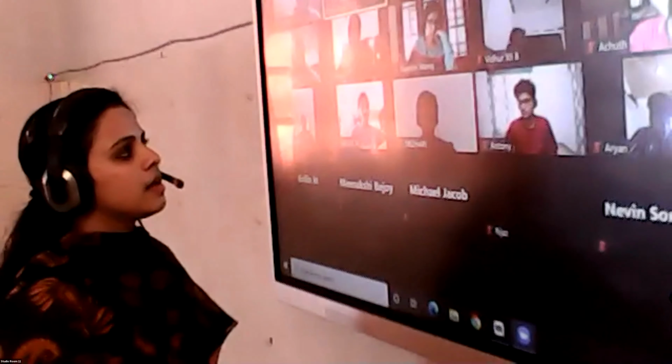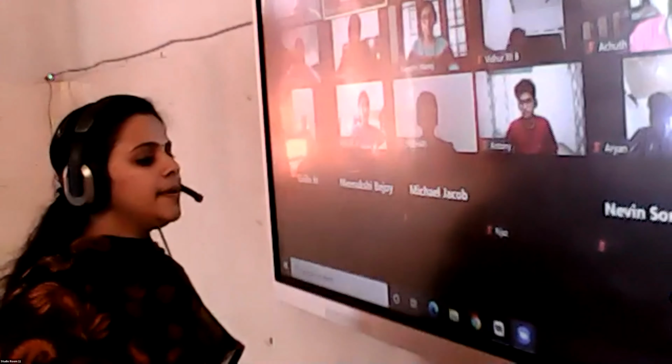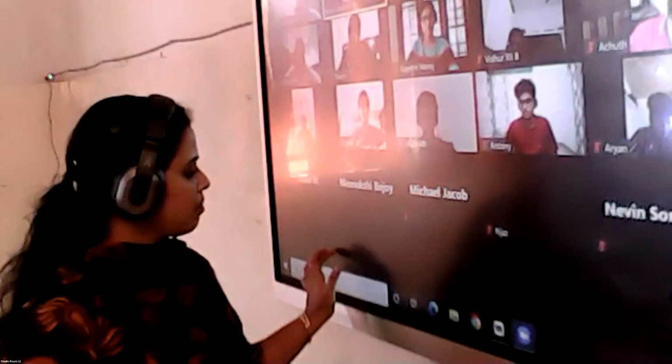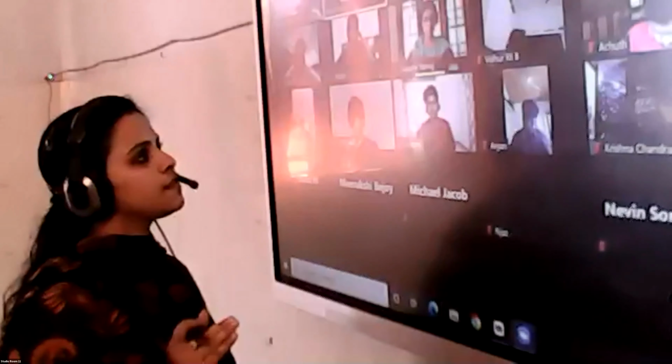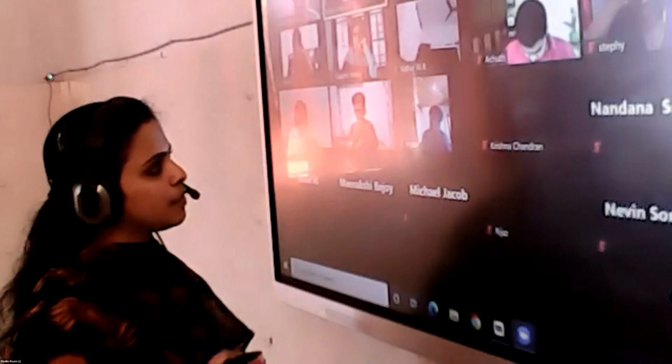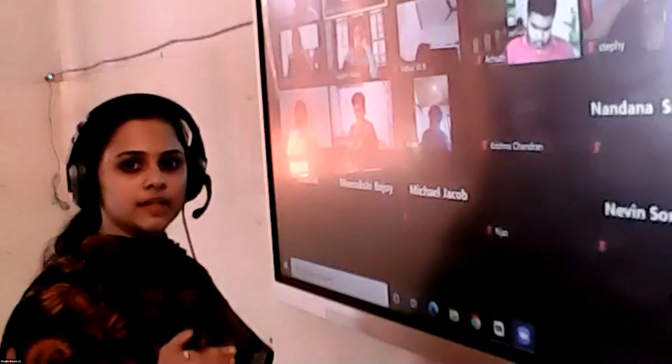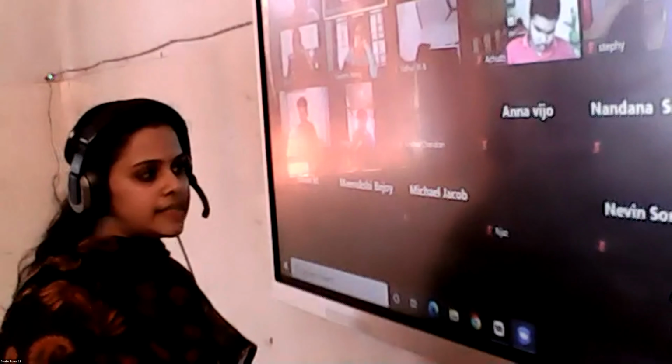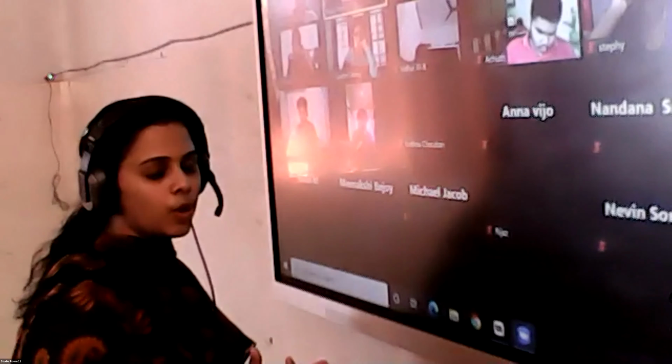Then Gayatri, what do you mean by electric field? It's a region where the properties of electric charge can be felt. Yes, electric field is a region of space around the charge where the effects of the charge are felt. That is what is meant by electric field. So now we are placing the electric dipole in a uniform electric field. So we can start.